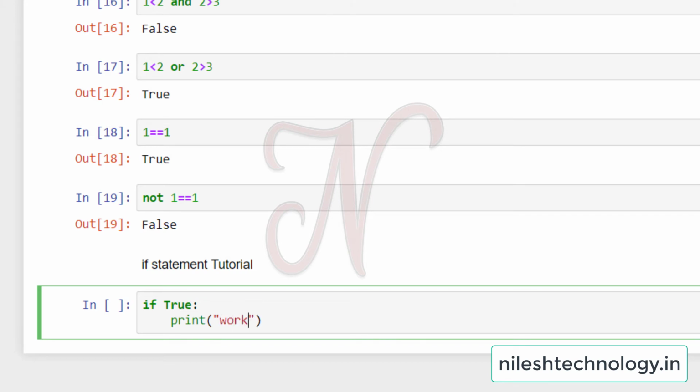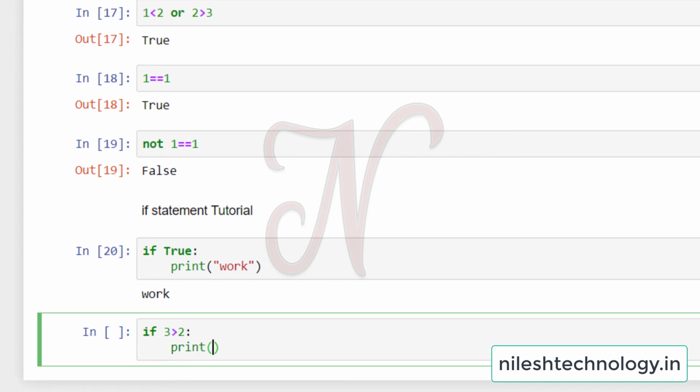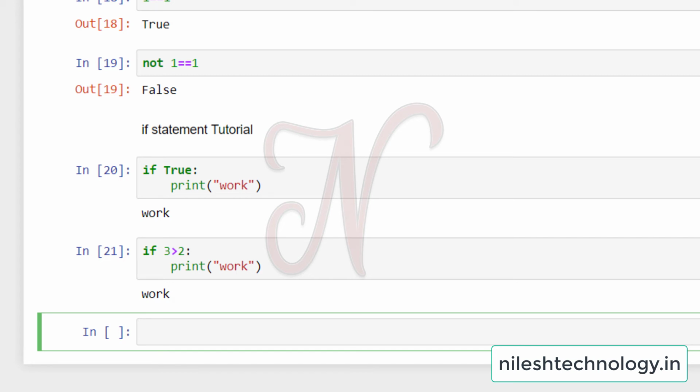So this works, because in if we have to pass a condition that is True. Next one: if 3 is greater than 2, colon, print work. 3 is greater than 2, my condition is true, so my answer is work.